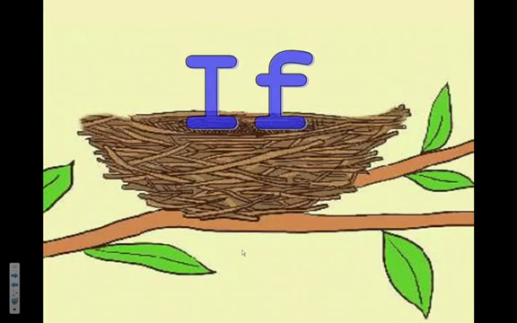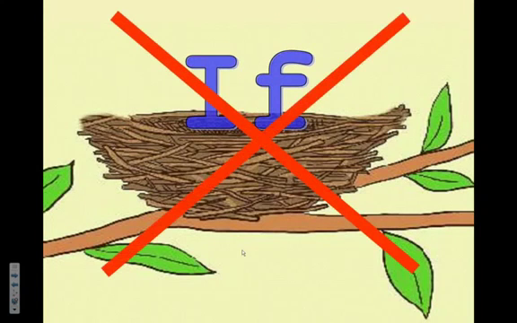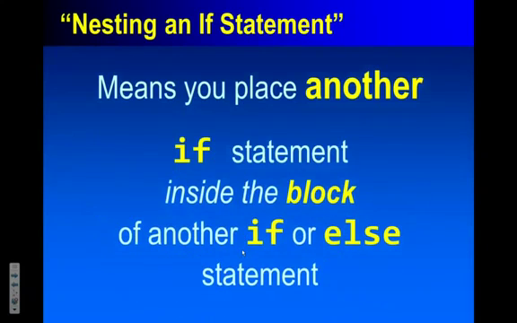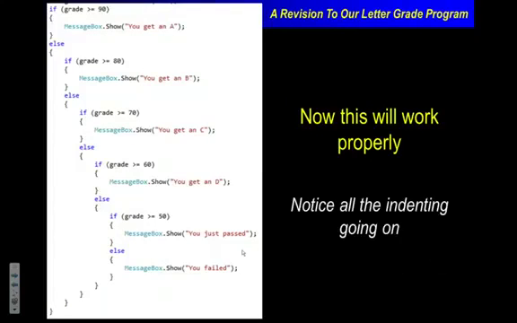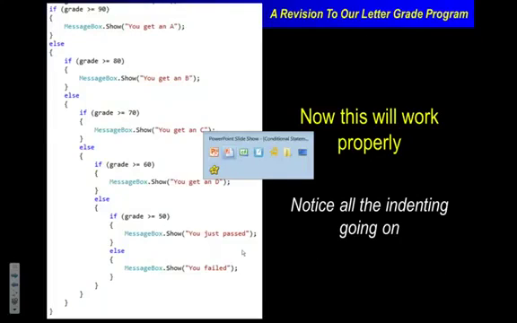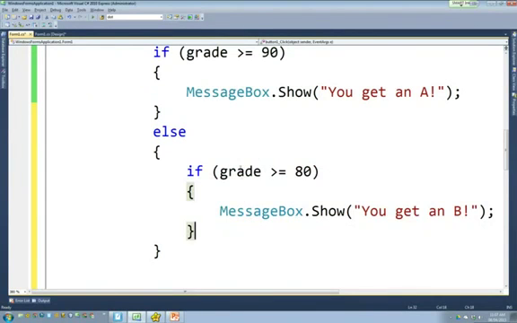Okay? To nest an if statement, what you do is you place one if statement inside of the block of another if statement. And remember, a block is the space in between the two curly brackets. So it would look like this, okay? Now, let me go back to my example, and let's do what it says right there. So, okay,